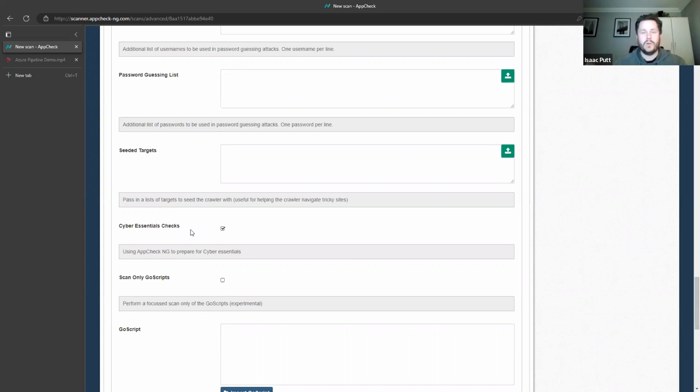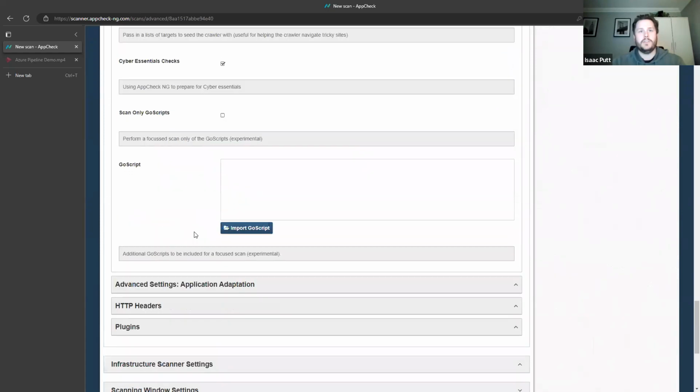And really that's the core behind AppCheck's value here, is giving you the means and the autonomy to have these processes in place to go off for those certifications and say, yeah, we've nailed this, we've got this down to a T. And that's going to give you confidence to go off and achieve those accreditations.